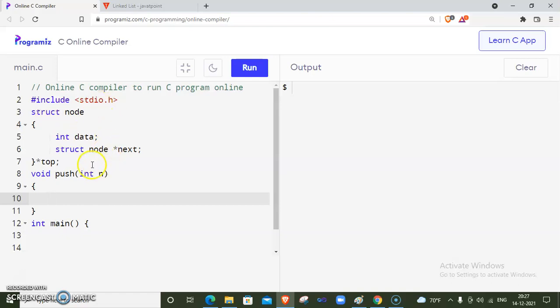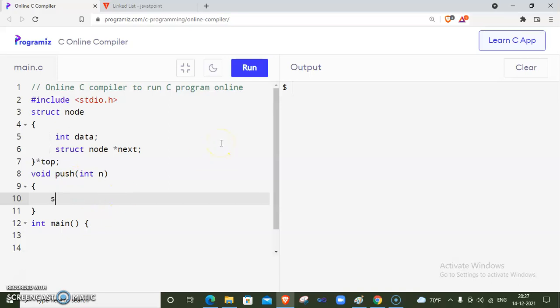Our implementation is by using a linked list, and we know a linked list uses dynamic memory allocation. So whenever the user wants to push an element inside the stack, at that time only we create one new node, allocate memory, then assign or adjust the data part and link part. So whenever the user wants to push, we need to create one node first.